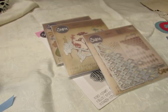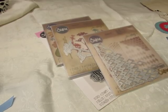But first I just wanted to show you the dies that I picked up the other day when I had to go up to Horseheads. I had to go to my craft stores to get some more of my 3-in-1 glue. I can't get it locally. So I went up there and